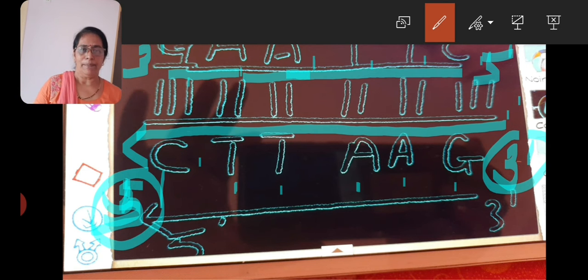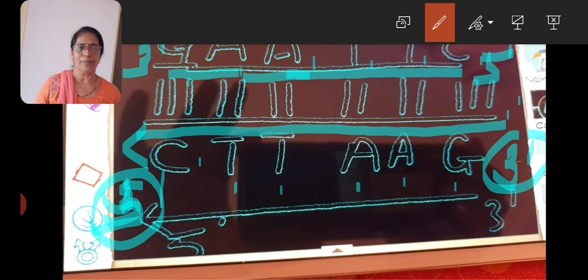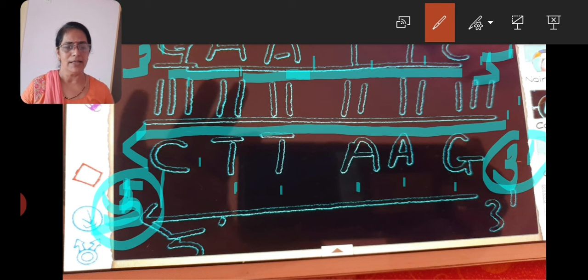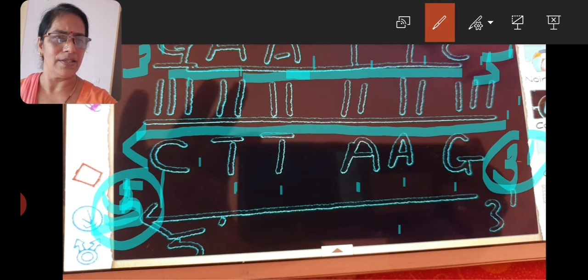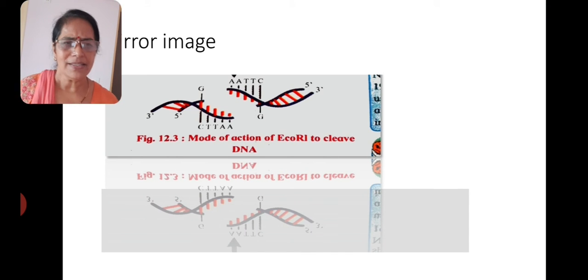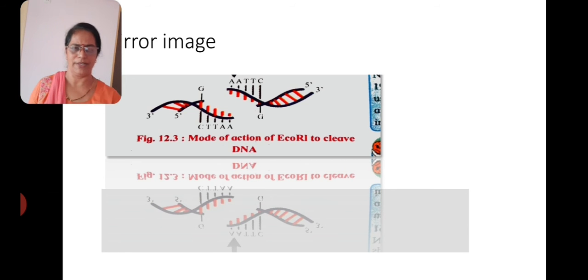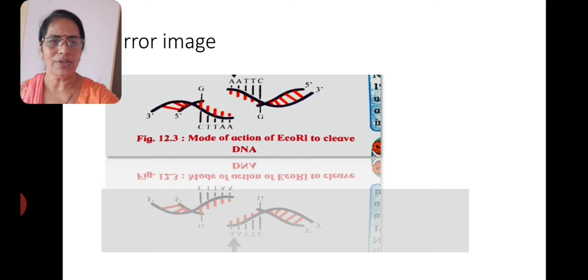So in case of DNA, a palindrome or recognition sequence is a sequence which is recognized by the endonuclease enzyme, and it is the same sequence of nucleotides when we read forward and backward, when the orientation is kept the same. Okay, so this is the first characteristic of a palindrome. Then it is the mirror image of the first half of the first strand and the second half of the second strand.